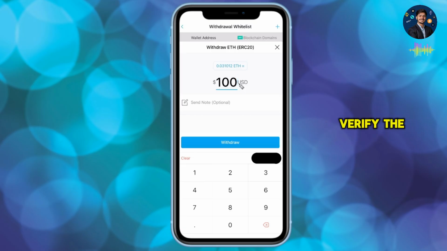You may need to verify the transaction with a code. Also, keep in mind crypto.com may have a 24-hour waiting period for new addresses. After that clears, your Ethereum will be on its way to